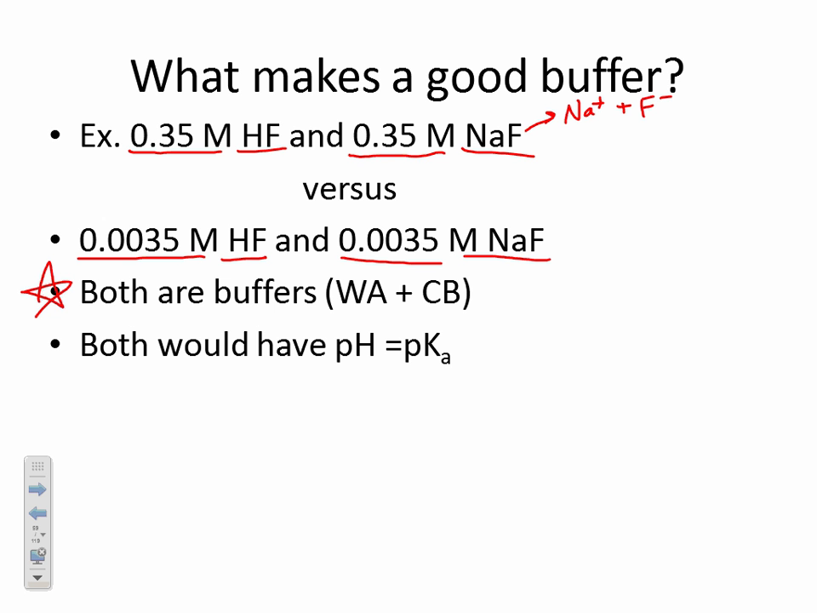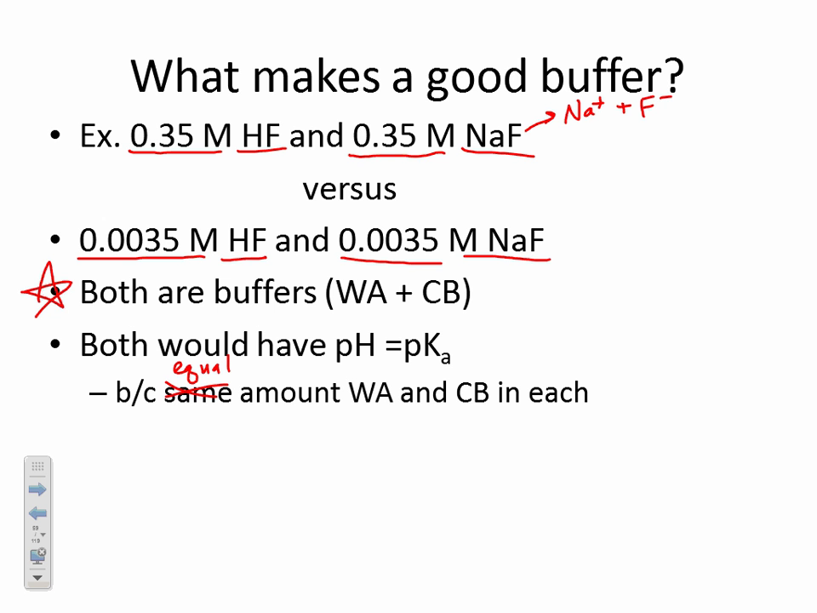Both of them would have a pH equal to the pKa, because in both of these buffering systems, they have equal amounts. Equal is a better word than same, because they don't have the same amounts, but they have equal amounts of the weak acid and the conjugate base. So in both of them, because they have equal quantities of HF and F minus, pH will be equal to